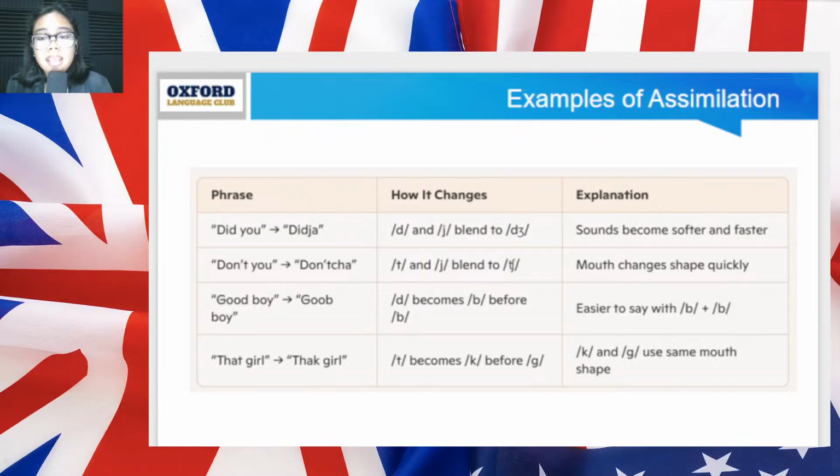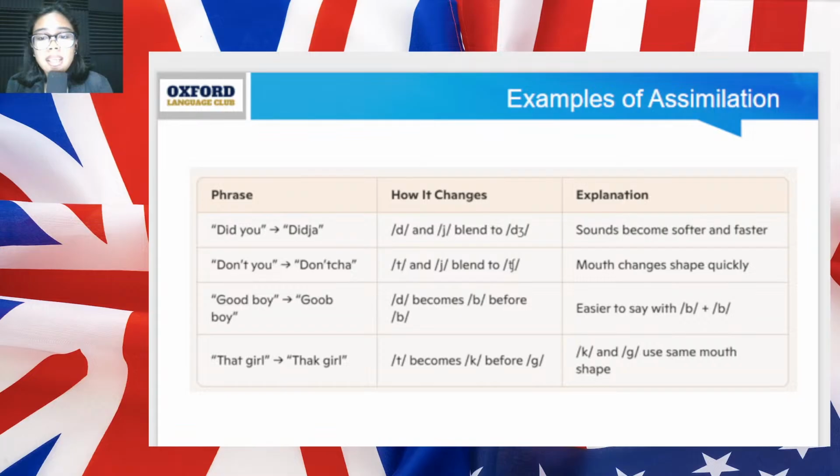So your tongue is already in the right position or very close to it for the G sound, eliminating a large sudden movement from front to back of the mouth. All right? Okay. So, yeah, that's the last